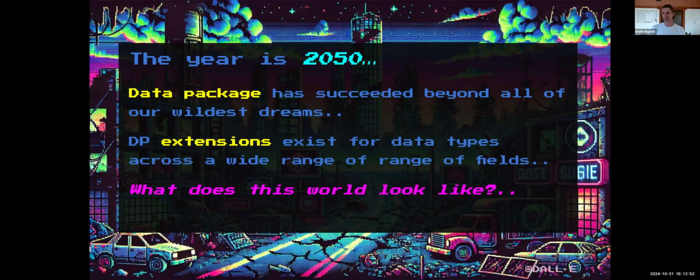So this is the motivation: right now we're in the early stages and we have some extensions. Peter has created one for CamTrap DP that is fantastic and a good model. But in the ideal scenario, one can imagine that we'll have many more specialized standards for different data types and used in different fields. And so it's going to be important to encourage that grassroots bottom-up approach, because that's ultimately how things will get done. And people are only going to solve the problems where they need to solve something.